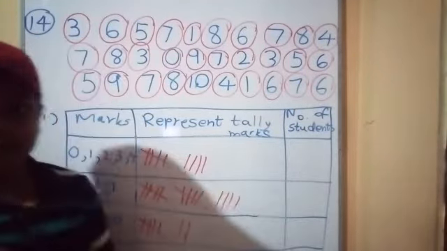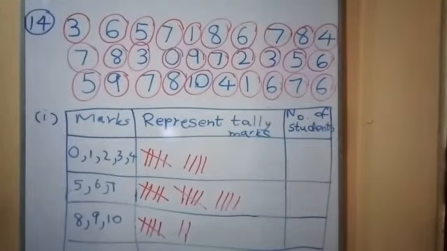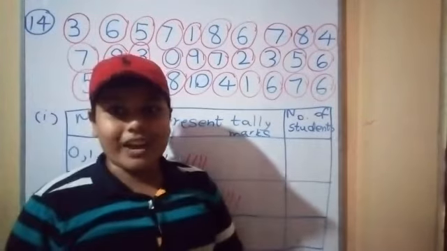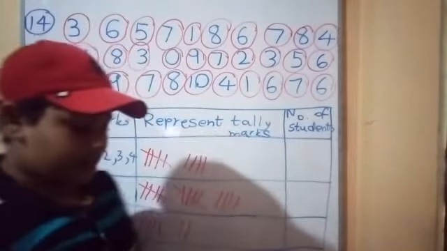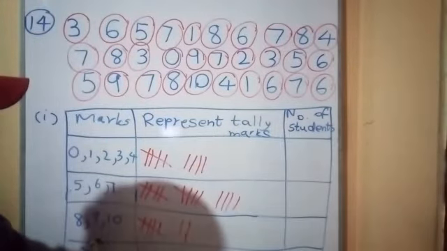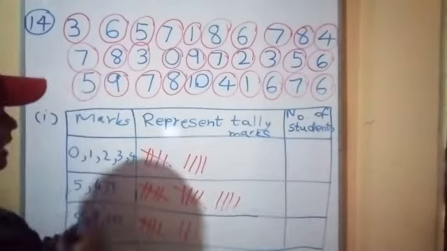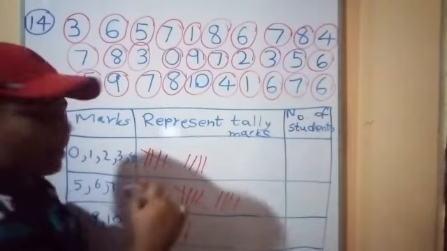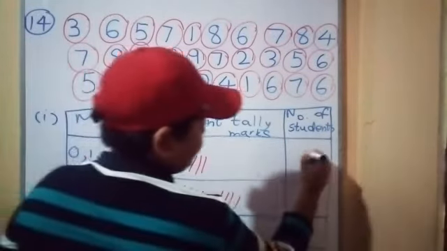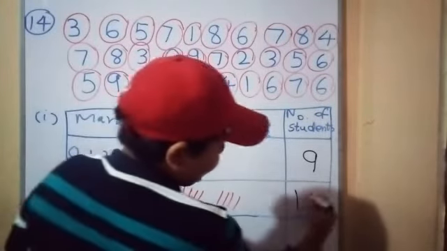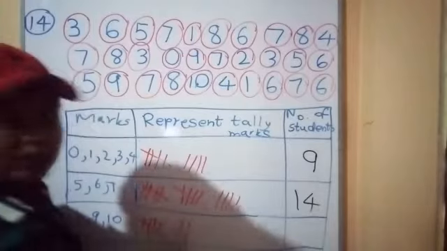Okay. Now I represented this like this. Now you want to find the number of students. How many students are in there? Now their tally set is 5. 5 plus 4 is 9. 5, 10 plus 4, 14. Now there are 5 plus 2, 7.